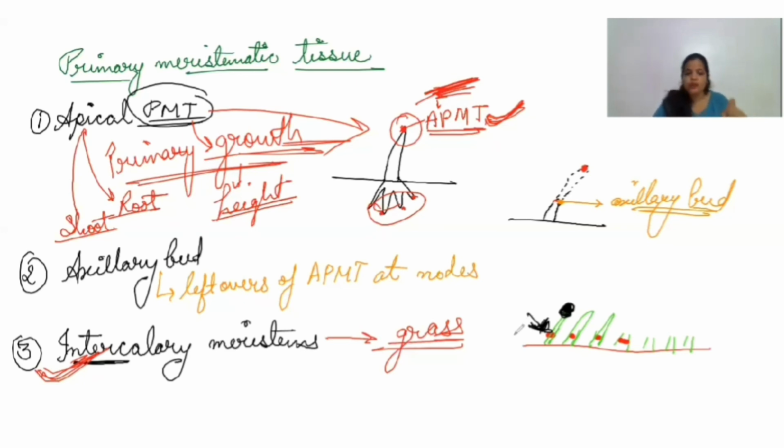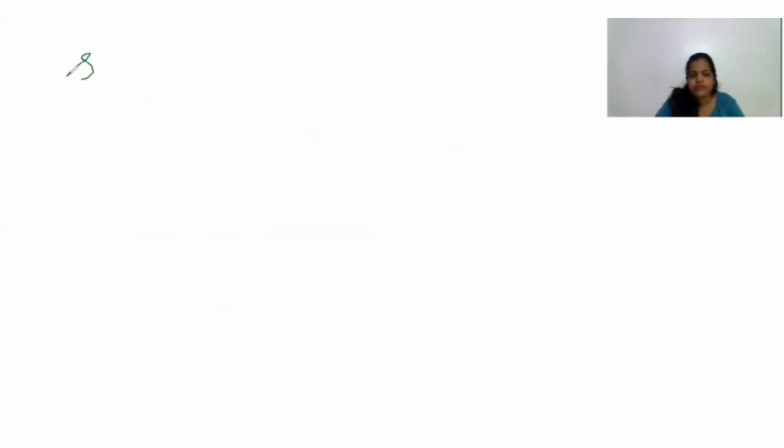Clear? Now, we are done with the three types of primary meristematic tissue, and you can see how easy it is. After completing this video, I don't think you need to learn anything. You just need to revise. You just need to go through NCERT, mark important points, important things, and done. Your chapter, your topic will be completed, because you're not completing the whole chapter in this video, right? So we are done with the first kind of meristematic tissue, that is primary meristematic tissue, and now we are going to talk about the secondary meristematic tissue.